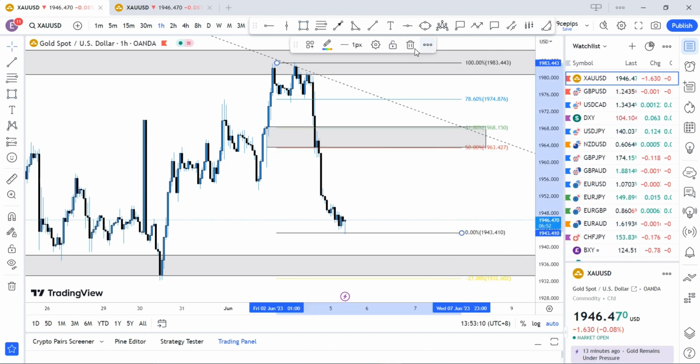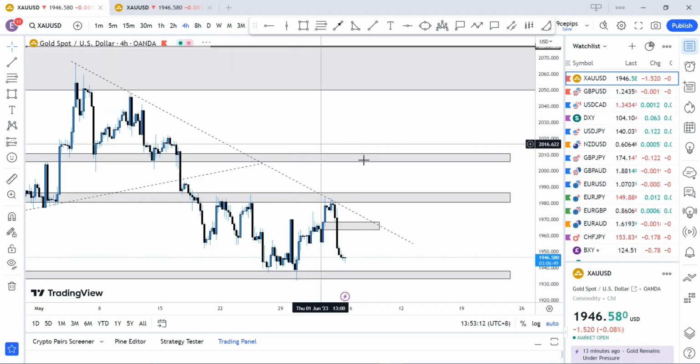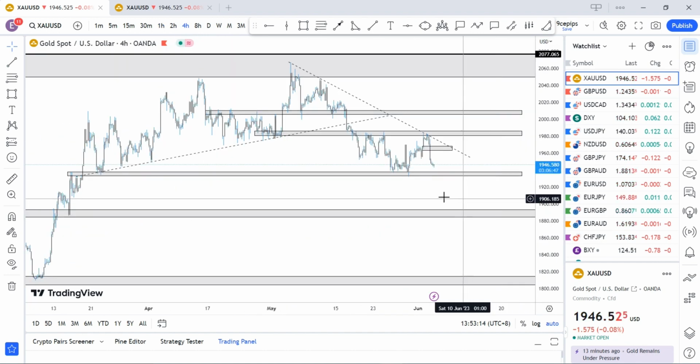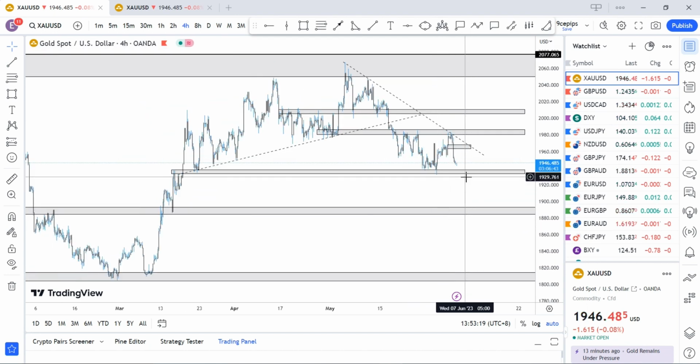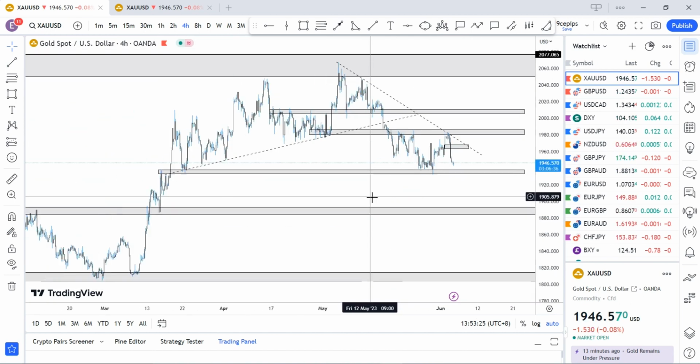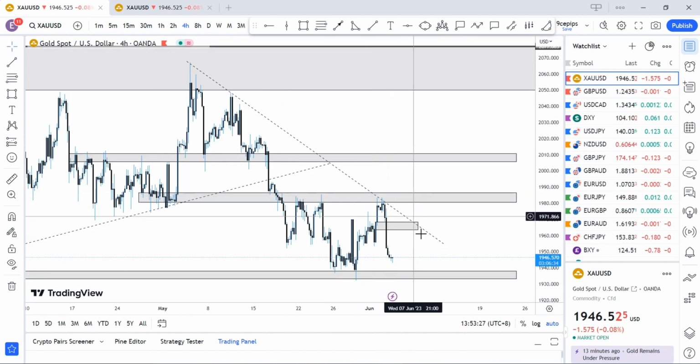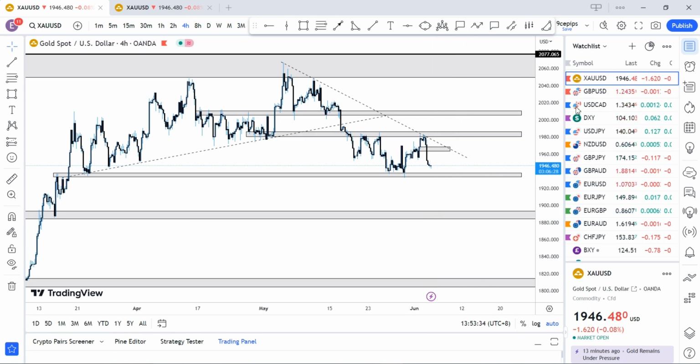All right, so going back to the 4 hours time frame, my anticipation is pretty clear. So we pull back to these regions, we get a rejection, and we'll come to break 1932, 1933, and then we head towards 1885 for the week. But if we come back to break this downward trend line and this resistance, then we might retest 2010 even above. So that's that on gold.